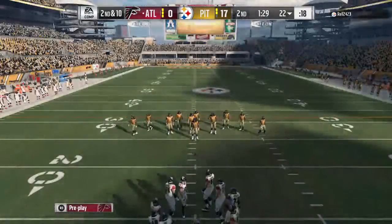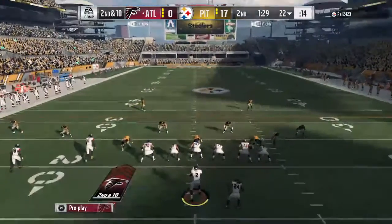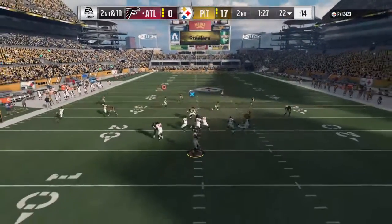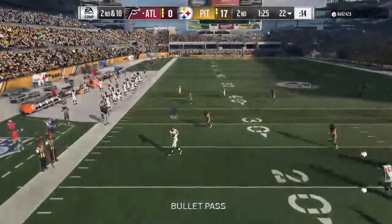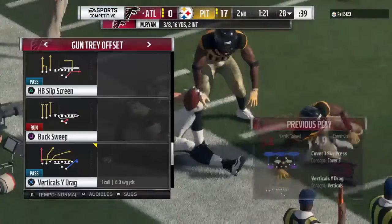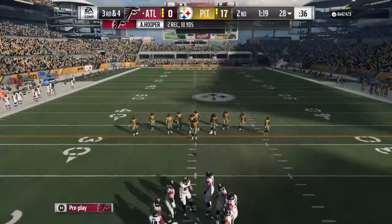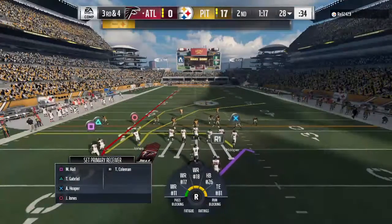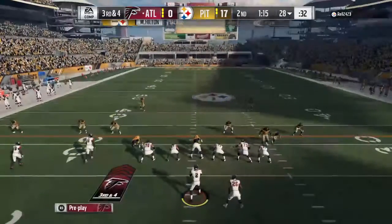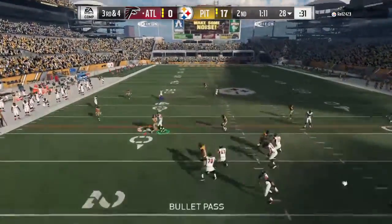So the incomplete pass brings up 2nd down. Throwing again. Ryan. And finding the tight end Hooper. And this one will go to the 28-yard line. 6 yards is the pickup, and that'll lead to a 3rd down. When you execute a drag or a crossing route really well and give them a chance to let it develop a little bit, you can gain some...